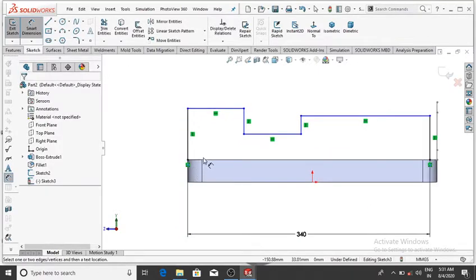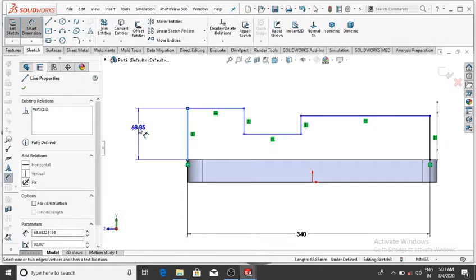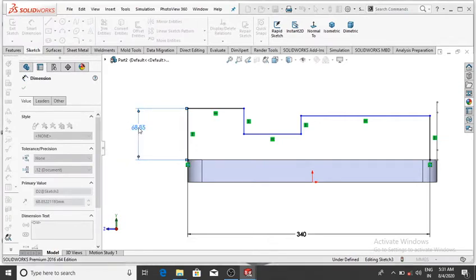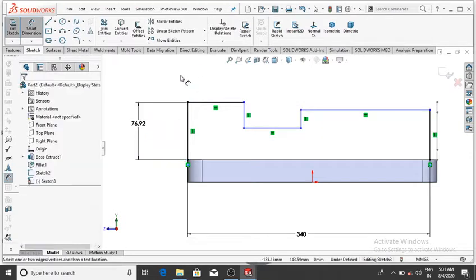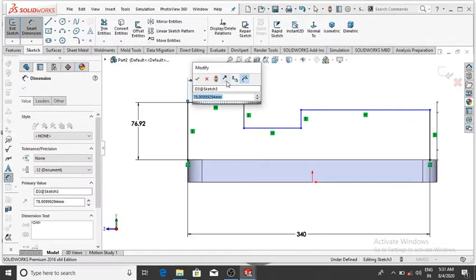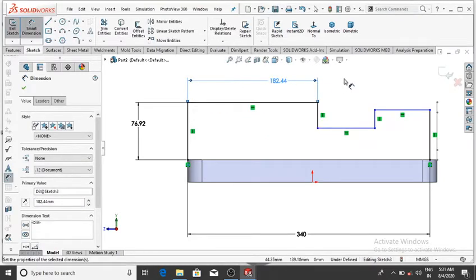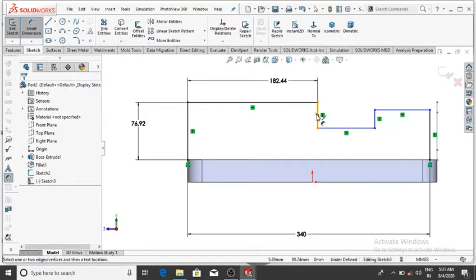And make this length 76.92, then OK. And this length will be 182.44, then OK.